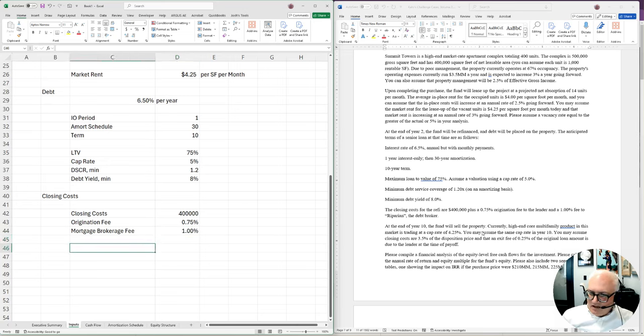And then when we sell it, I'm going to put in some sales assumptions. I'm going to say that that's a cap rate of 4.25%. Okay, fine. That's what we're selling it at. We have closing costs on sale of 3.5% on the disposition price, and an exit fee of 0.25%